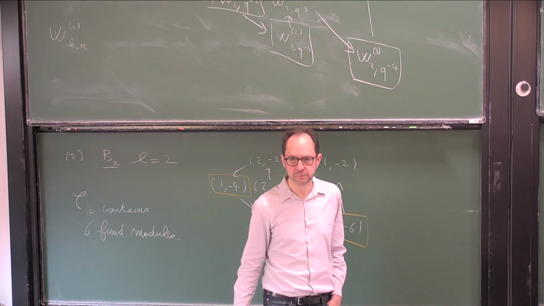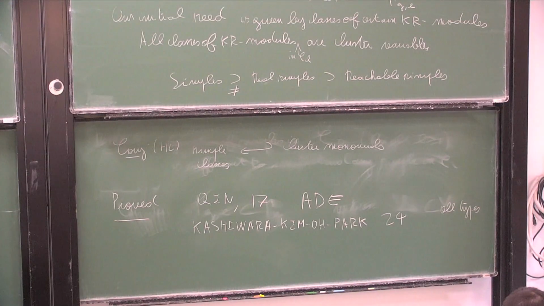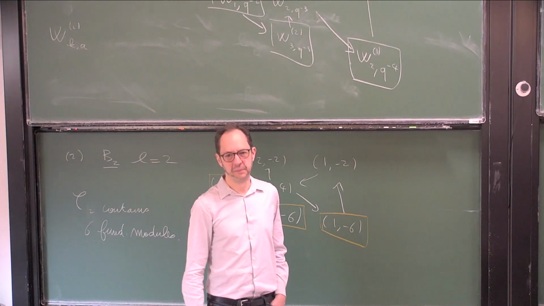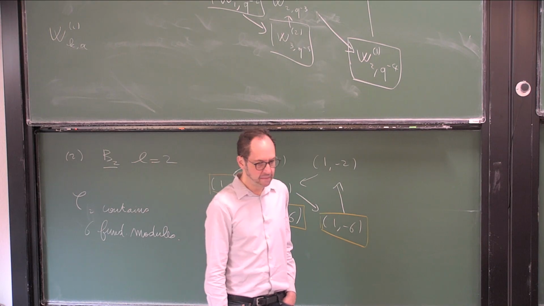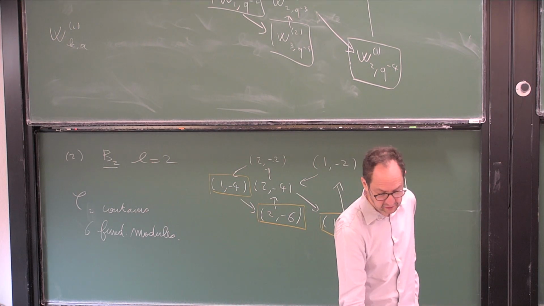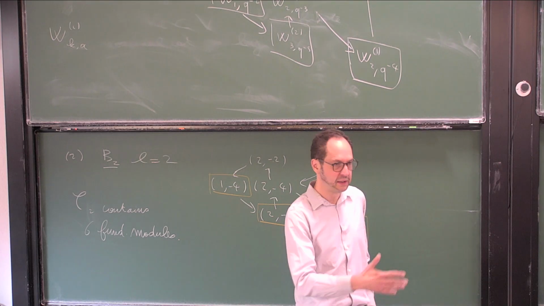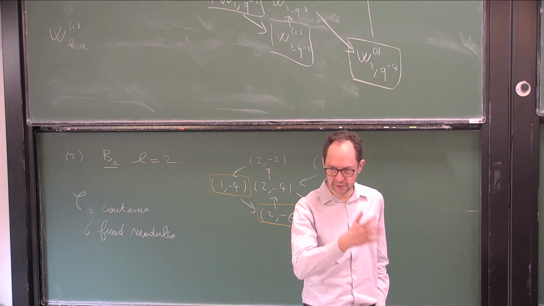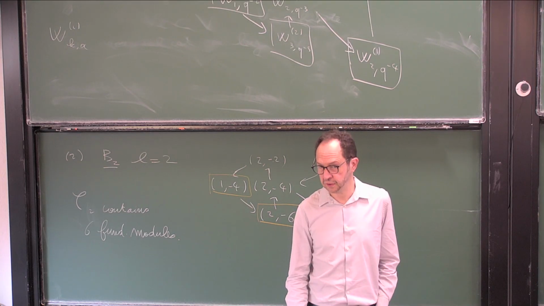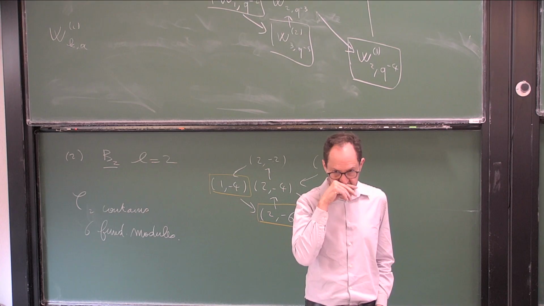Is it sufficient to just understand simples? Here, is C_L a semi-simple category? No, it's not semi-simple at all. Then you don't know the indecomposables. It could be very intricate. There are standard objects, bigger than simple ones. What is usually called standard modules in this category are cyclic tensor products of fundamental modules, and then the simples can be realized as a quotient. So do we know some of the standard objects?